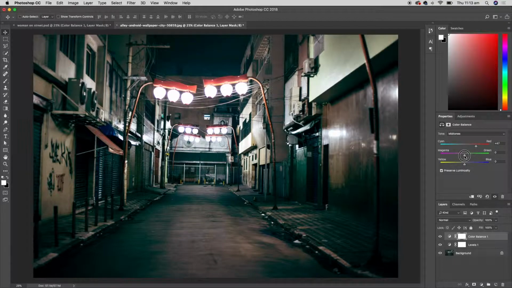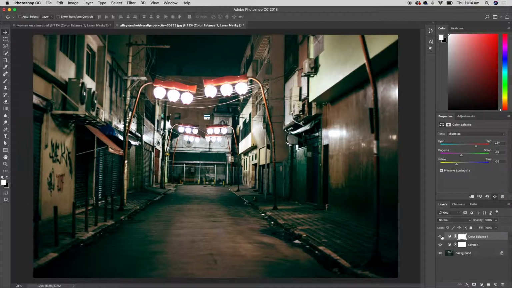Now let's move away from the green and go to the left, probably a little bit there. And then the yellow and the blue, if I move it towards the blue, you can see the image gets cooler, but let's move it to the left like that. About there. So I'll keep my sliders there, and I want to see how it looks compared to the original image. So I'll click the eye